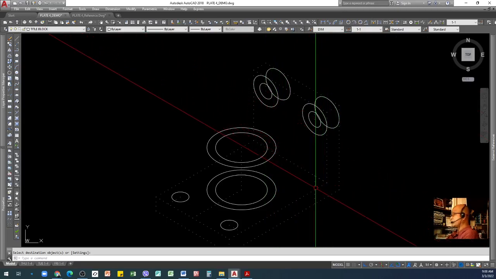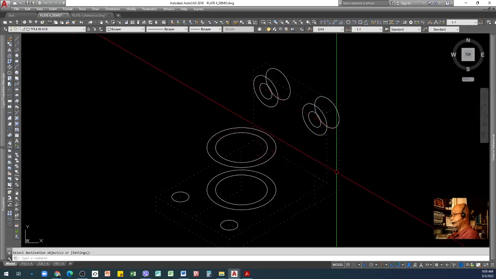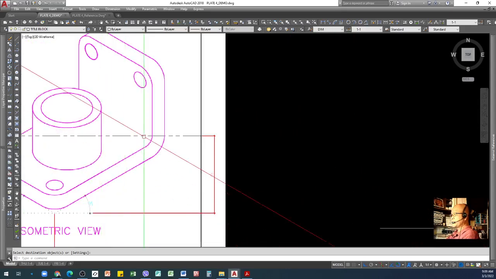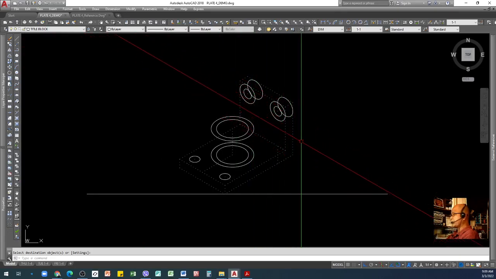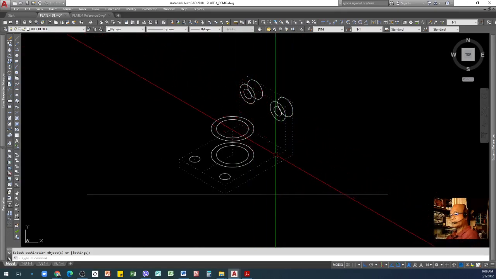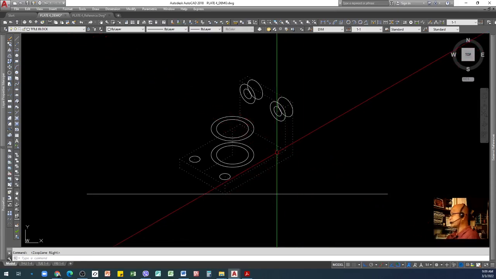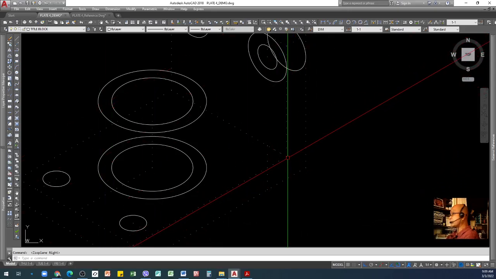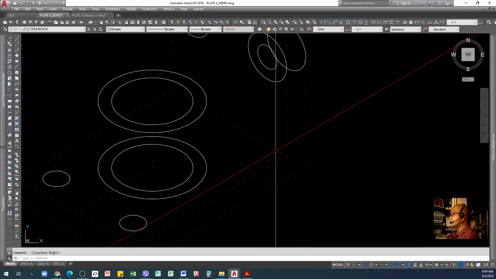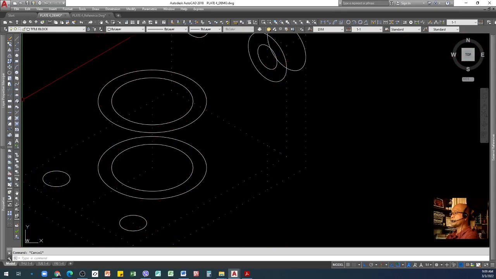What we have left is the two ellipses here on the side. Again, the orientation of our arc or ellipse is this way. These two are not applicable to this one, so again we need to rotate our cursor. This is the correct orientation. The center of our ellipse will be this one for the bigger one here, and the middle of this one is the center of our smaller ellipse. So we need to draw two ellipses.